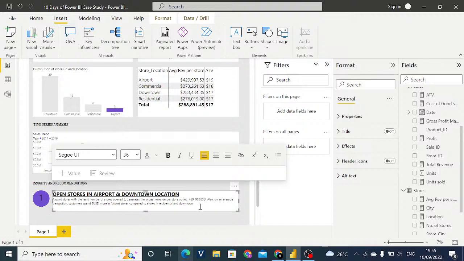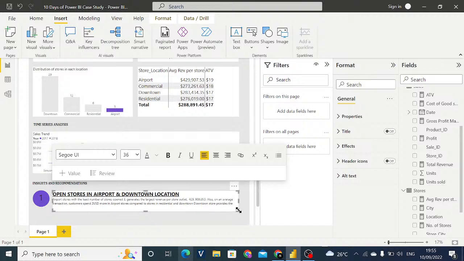So why am I suggesting downtown to them to also consider for opening a store? So I'm going to highlight that here as well. So I'll just say, okay, downtown store. I'm going to zoom in so you can see what I'm typing very soon. Downtown store, what it provides second. Once you go to this table, you see downtown stores. I sorted this by the average transaction value. If I sort this by average revenue per store, I'll see downtown coming second. So downtown provides